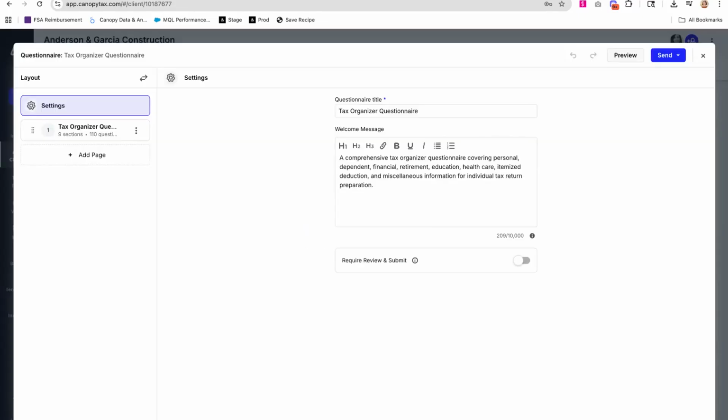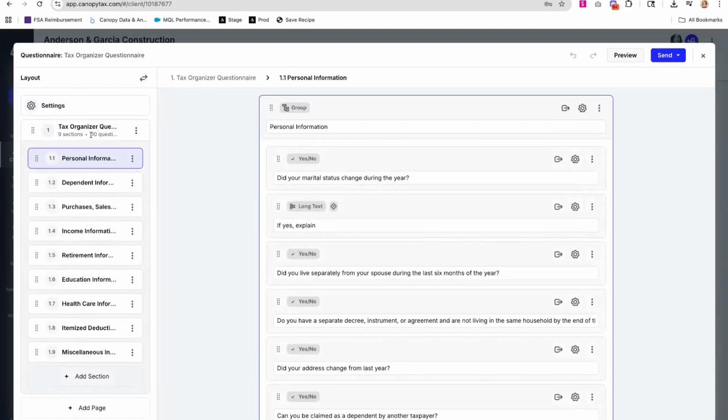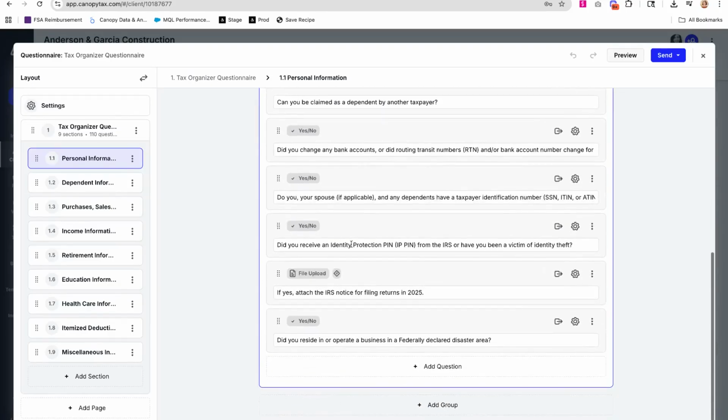Once your questionnaire is created, you can, of course, make any edits you would like, whether that's the welcome message, requiring review and submit, or moving on to the questionnaire itself. You'll notice that it has utilized various question types that we have available. Yes, no, long text, and things like conditional logic, where if the first question's answer is yes, it will follow up with this question. It will even do this for file uploads, acting as a sort of embedded document request